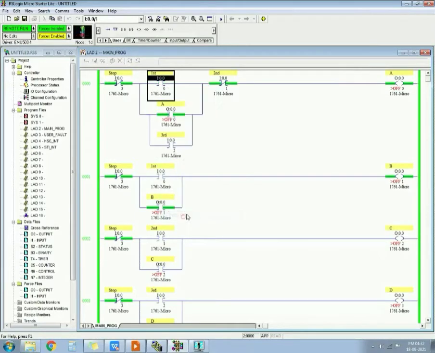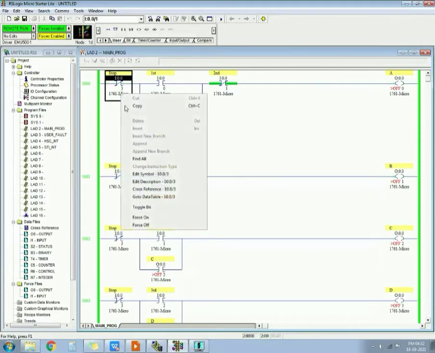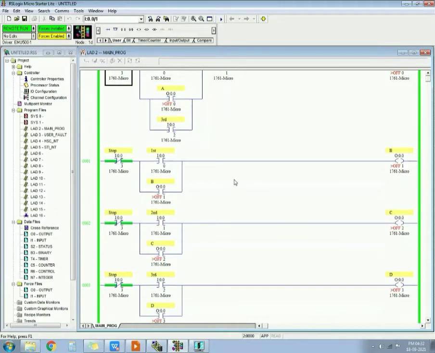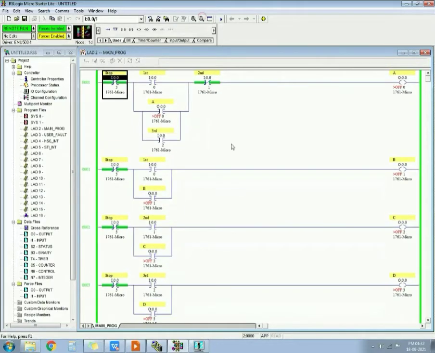Force on, force off. You can see A and B get on, second push button is pressed, C gets on and A gets off. Now you can see this will pass supply to output A again, output number 3, and this is the solution for question number 6, alternate solution. So when you press stop, all outputs will get off. So this is a simple one. You can check it out and practice it. This is the solution for question number 6.